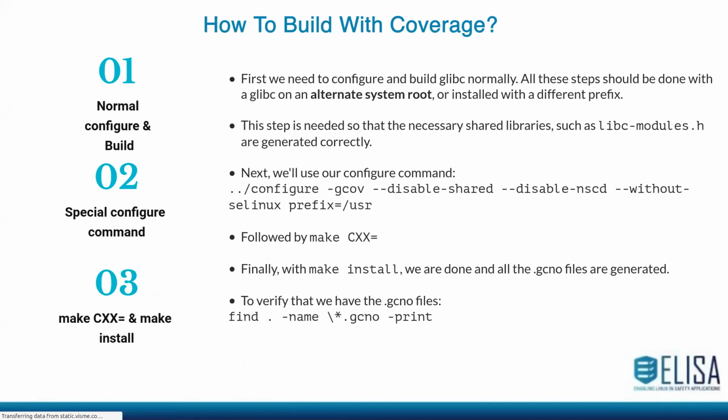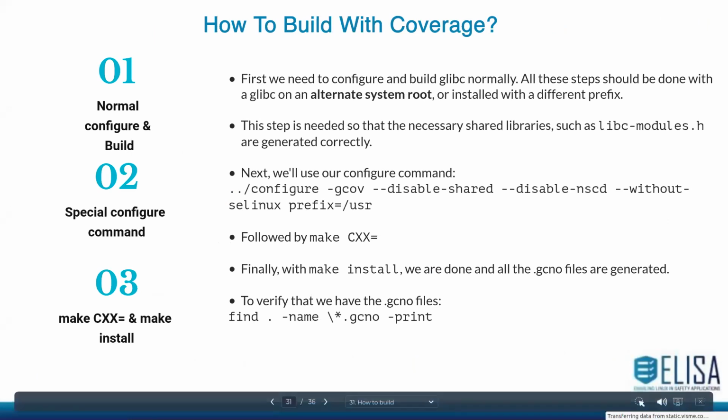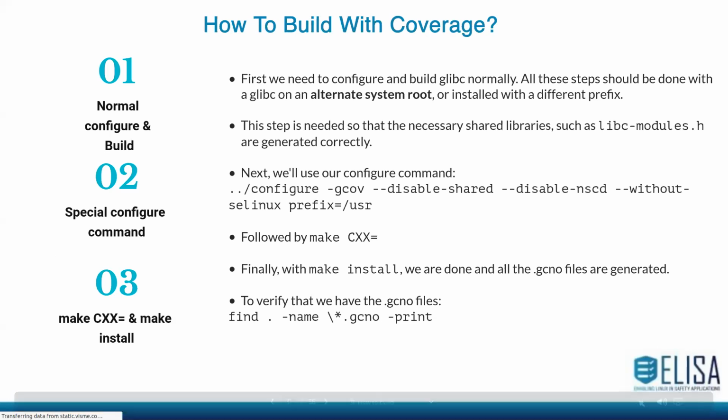So how do you build with coverage? First, you have to configure and build glibc normally. If you are installing an alternate glibc, you have to be very careful to install it on an alternate system root or install it with a different prefix. If you don't do this, it could cause your distribution to become unstable and crash. So we need to build it normally first so that necessary shared libraries such as libc modules are generated correctly. Then we use our configure command followed by make cxx, and then finally with install